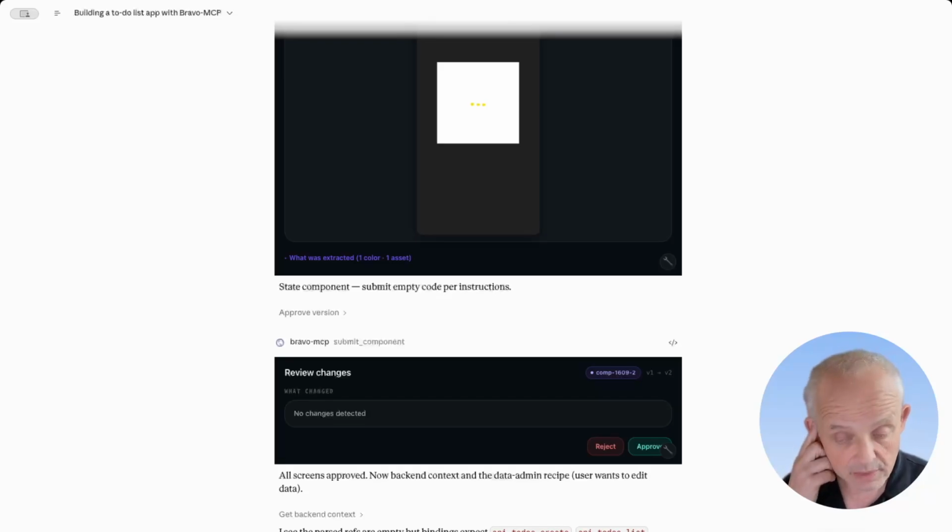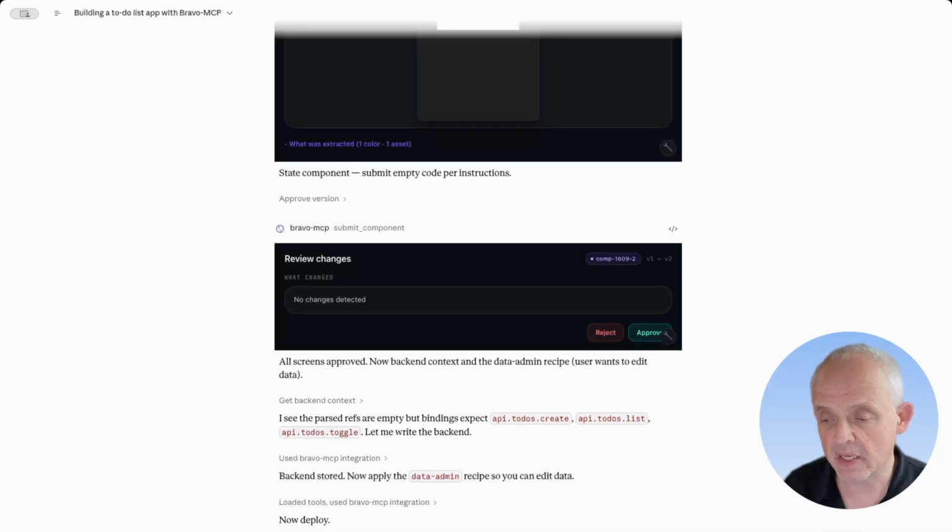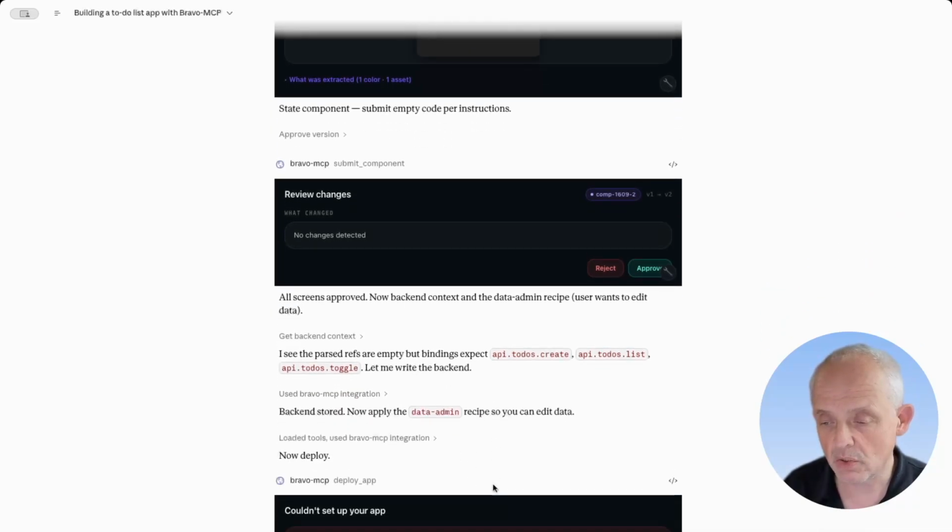Now, the other thing is, in the way that we've built this, we have this idea of recipes. When you build an application, often you need to use different functionality that isn't used everywhere. You might use specific things in specific situations. And we've created this concept called recipes that allow you to extend applications depending on what you need to do. So there might be one for authentication. We've got one called backend, or data admin, which lets you